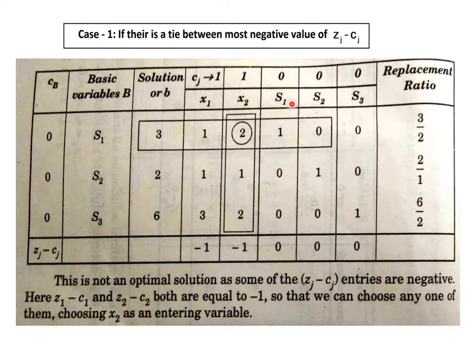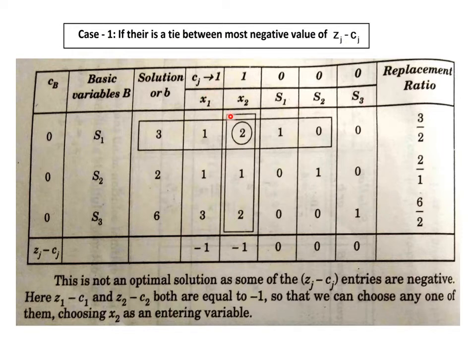So in all we can say there is a certain order using which we must decide the entering variable. On first priority we have mainstream variables x1, x2, x3, x4, etc. in any problem as a choice of entering variable. In second preference we have slack or surplus variables, like here s1, s2, s3, the s series variables. And the last preference is to be given to artificial variables, not available in this problem, but we know about artificial variables, a series, a1, a2, a3, etc. So that is about their preference order.